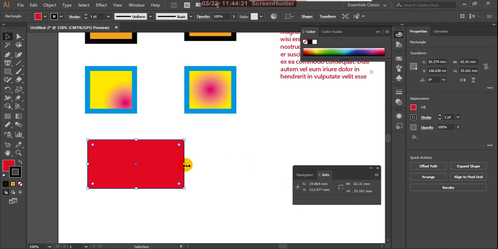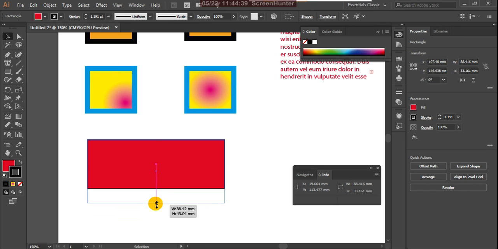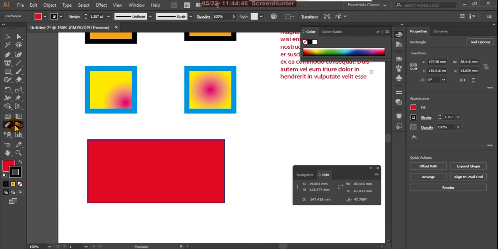If I drag this, you can observe only the width changing, instead of 62 it becomes 88.416. In the same way, I drag to increase the height. Instead of 33, it now changes to 43.